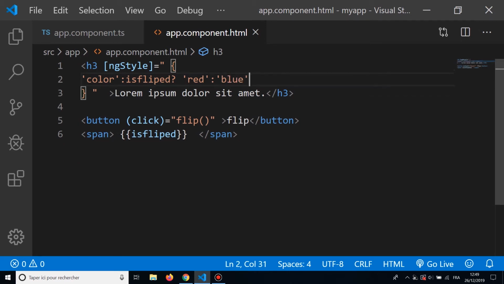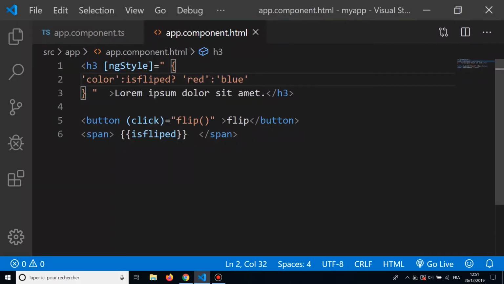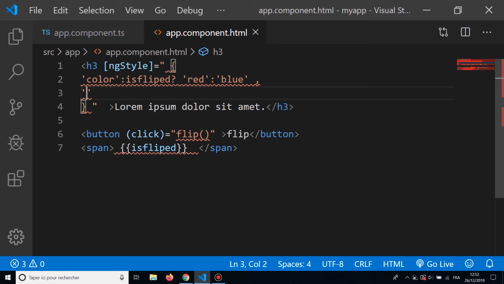Now let's check our browser. So let's flip, let's click on flip. Now let's go back to our editor. Now here let's add another property. So quotes background,